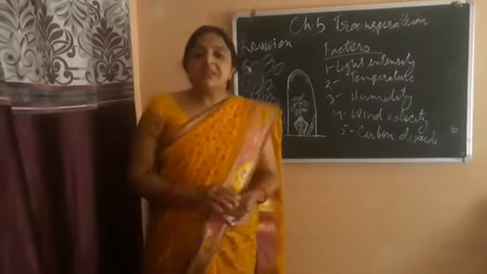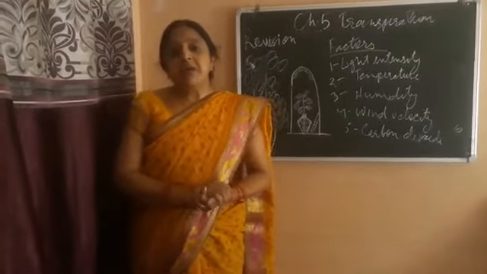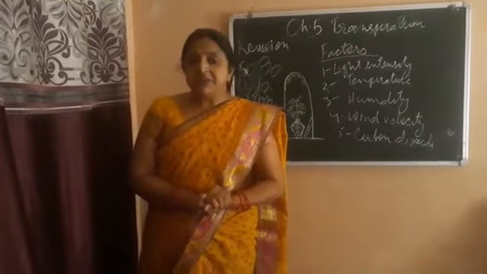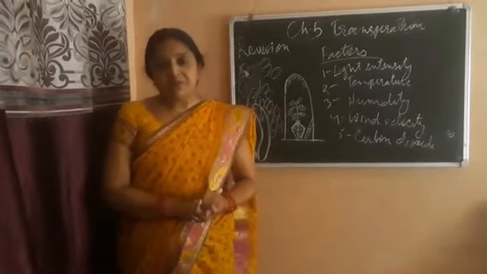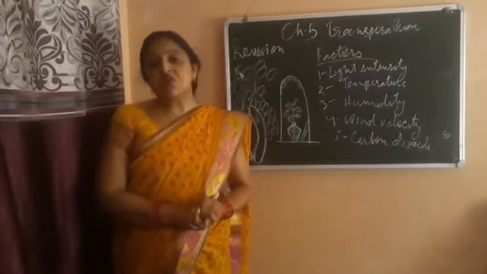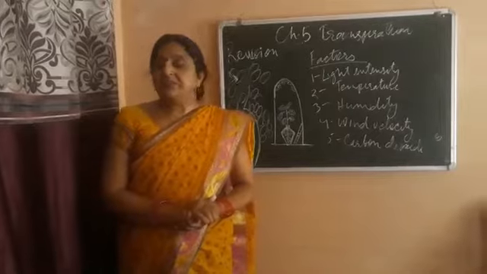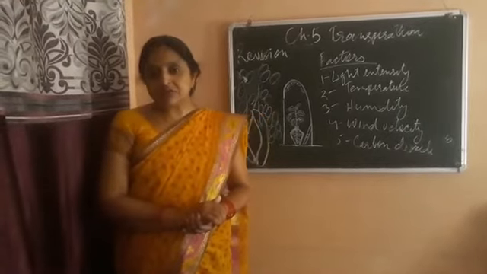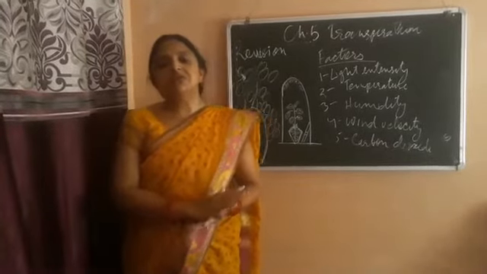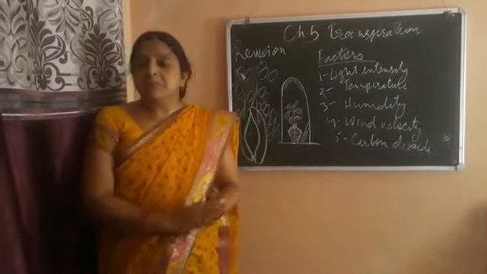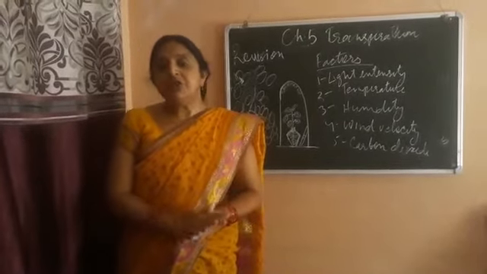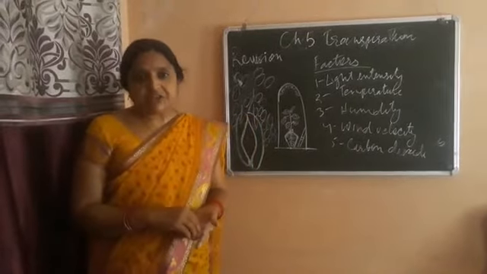Now the next topic is how we calculate the rate of transpiration. There is an apparatus, Ganong's photometer. Through Ganong's photometer we are able to measure the rate of transpiration. One diagram question mostly comes on the basis of the photometer, so you also have to study the photometer and what the need of the photometer is. It is used to measure the rate of transpiration.